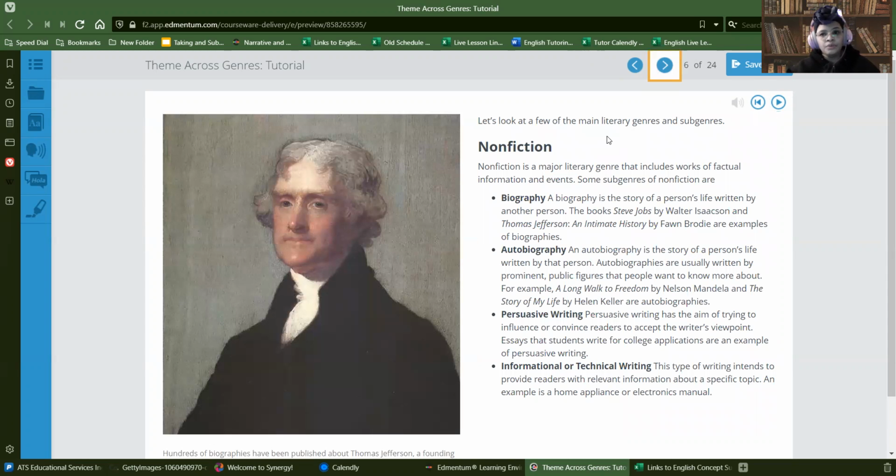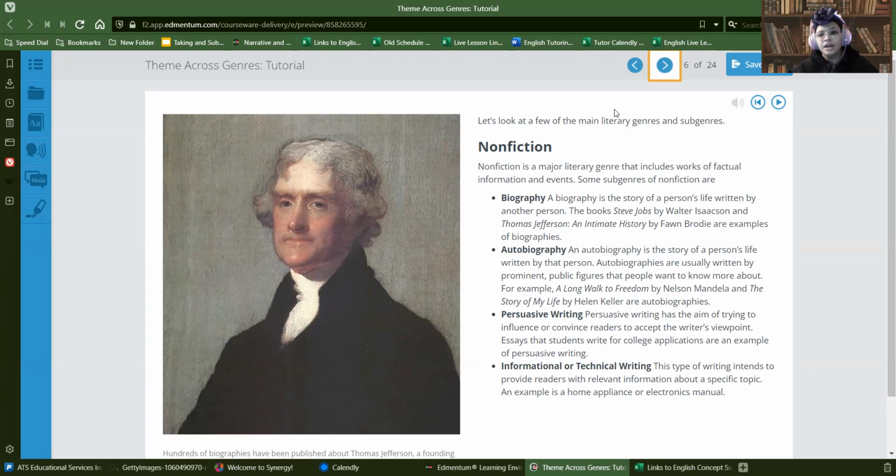So we take a look at some of the literary genres and subgenres. There are two major genres for things that are written. Technically, there are three, but we'll get into that a little later. The first of the two big ones is nonfiction. Nonfiction is basically only when you write about factual events, and then they give you some